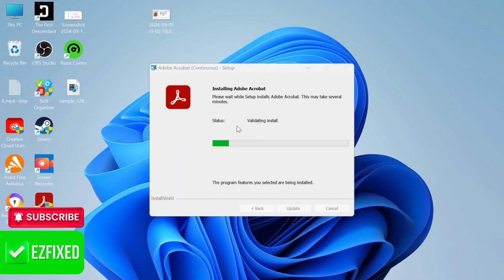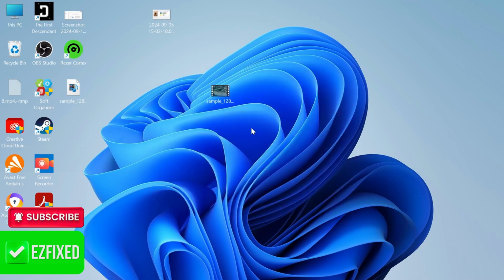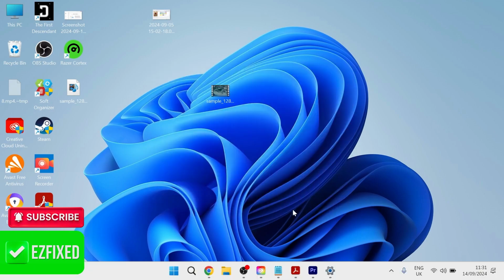So you just need to wait a few minutes while this validates all of your files and folders, and this will just perform a quick scan to try and detect any issues with your files. So once this is finished, we can just click on Finish,